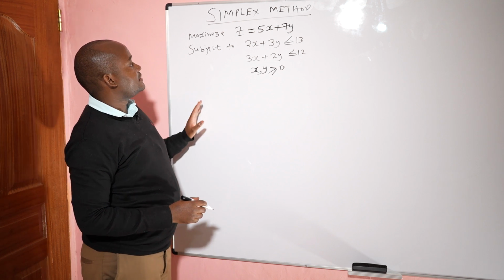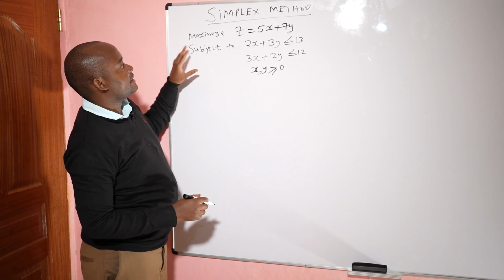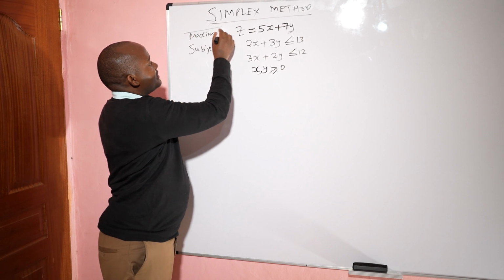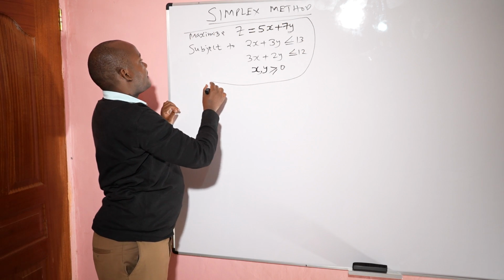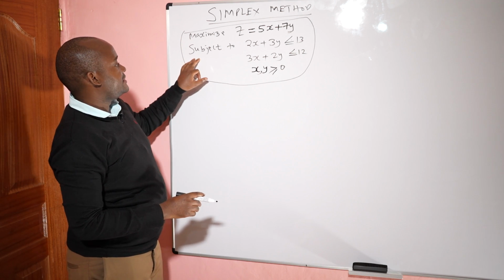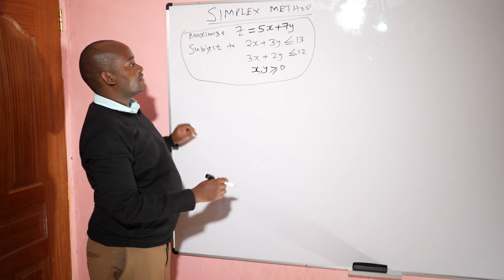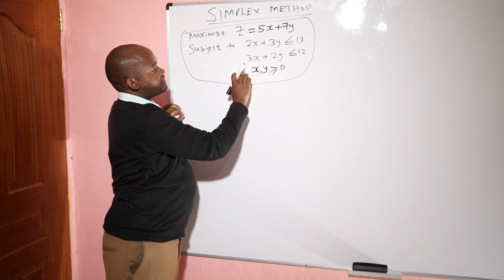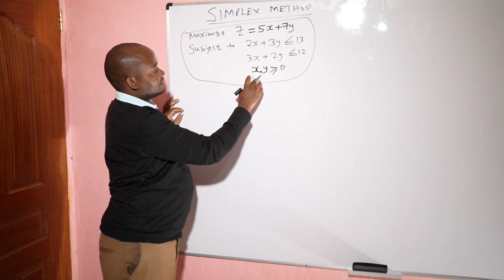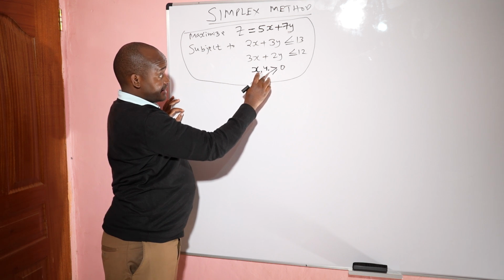In today's video we are going to look at how to solve a linear programming problem by the simplex method. This is the linear program you are given here: maximize z equal to 5x plus 7y, subject to these constraints. The first one is 2x plus 3y less than or equal to 13. The second constraint is 3x plus 2y less than or equal to 12. And now the non-negativity constraint, which is x greater than or equal to 0, same as y greater than or